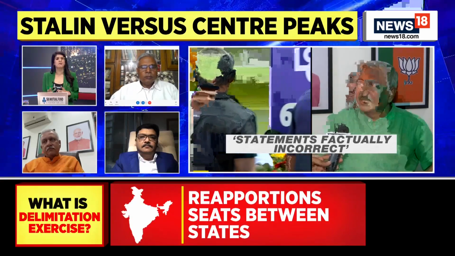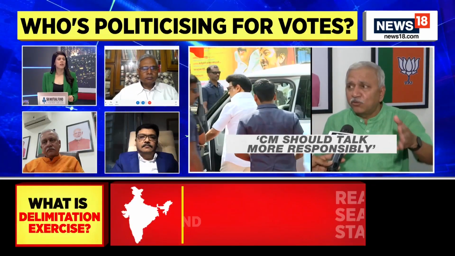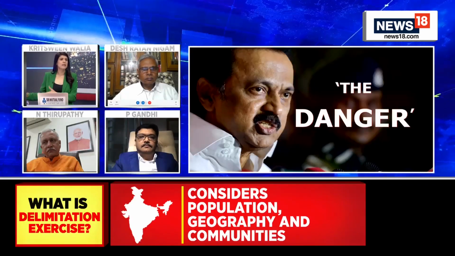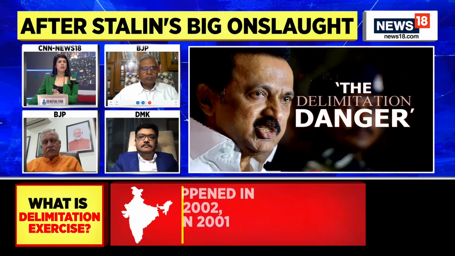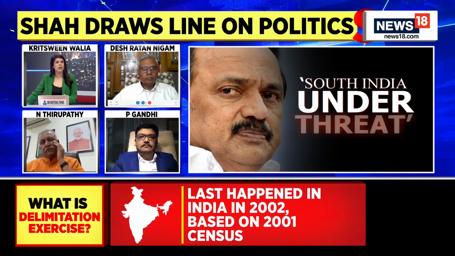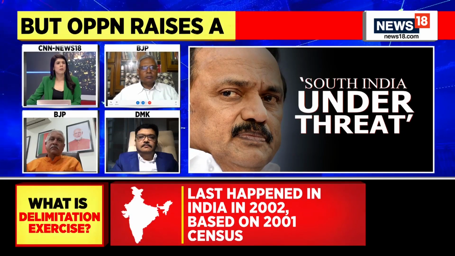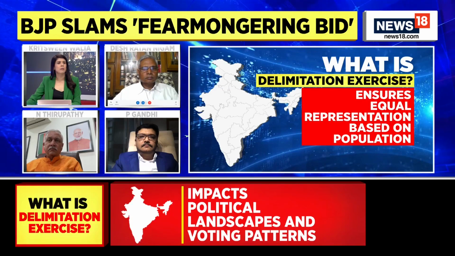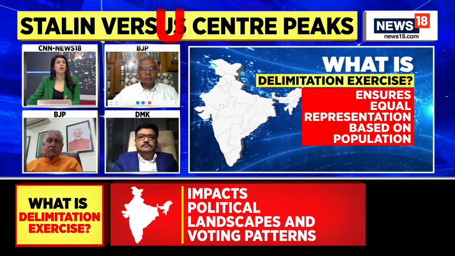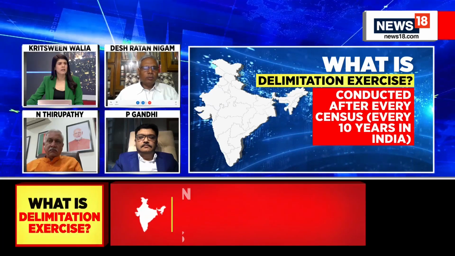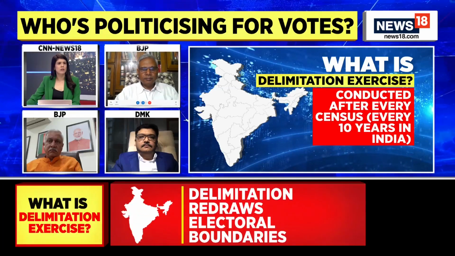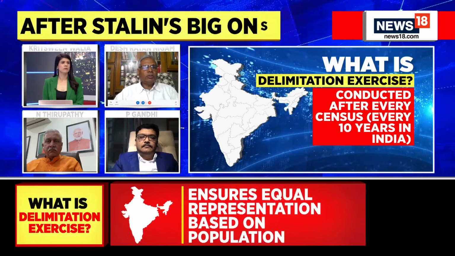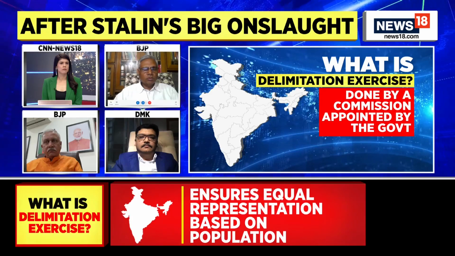A lot of conversation taking place around pro rata basis, the premise of delimitation, so on and so forth. But my question here also is, and as I did opine in the remarks that I began with, delimitation, do you really think is something that we can expect by 2026, as is being projected by several political parties? Yes, it's a timeline that has been set already, but given census, the several complexities that come with the demand for caste census, looks like there is or could be a delay. Your take, sir. Mr. Nigam, I think you're on mute. 2026, I don't think it is possible, because the census has to take place only after 2026. So therefore, that issue is not possible.